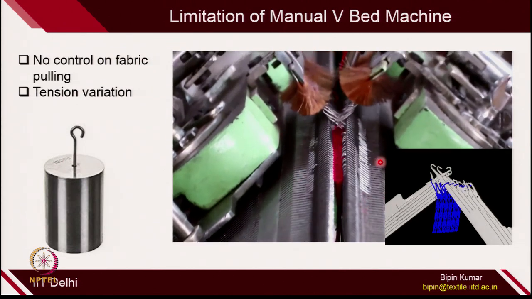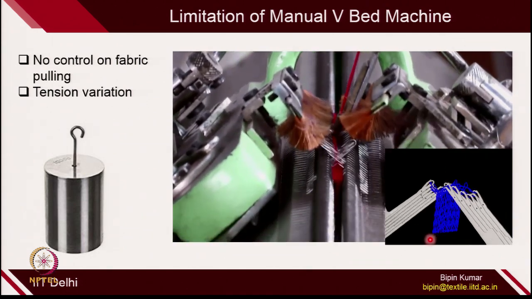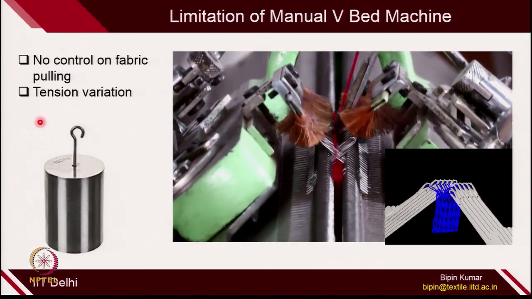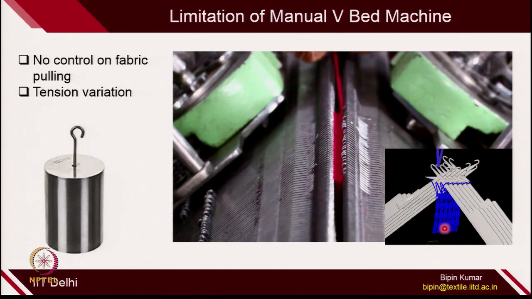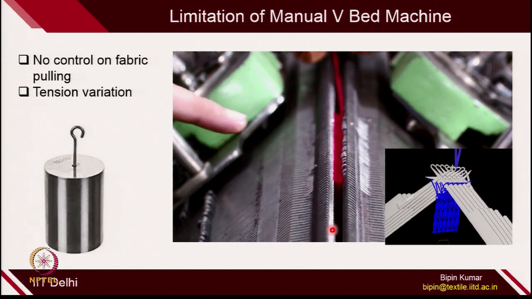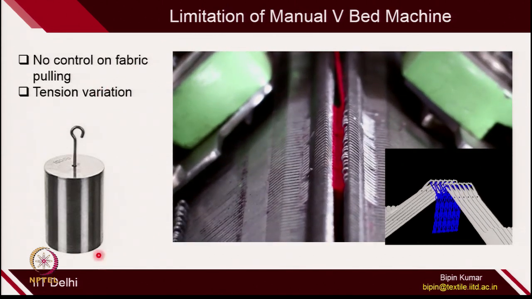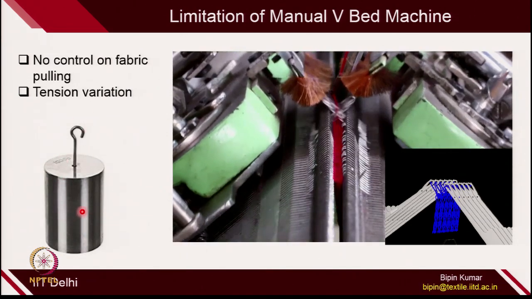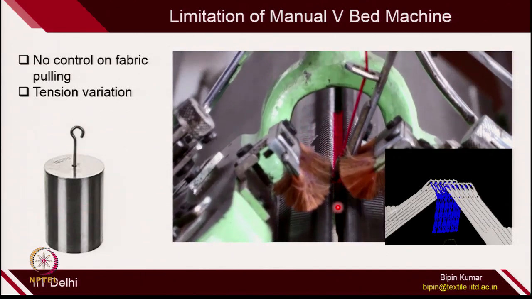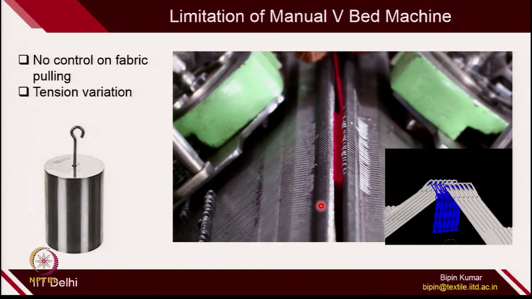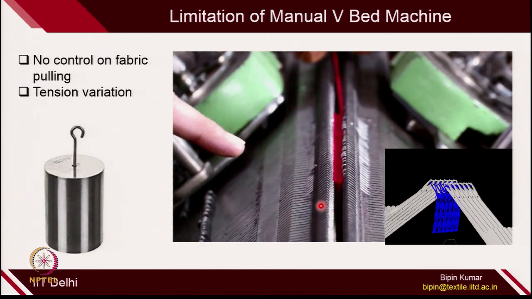The other big limitation is the fabric pulling. If you see the machine, when you are creating the fabric, it is being pulled from underneath, between these two beds, with the help of dead weight. So, you put dead weight here, and because of that the tension pulls the fabric in the downward direction. Obviously dead weight is not uniform, because there will be tension variation at different points when you are applying this dead weight on a certain loop, and because of that there may be a non-uniform nature of loops on the fabric surface.